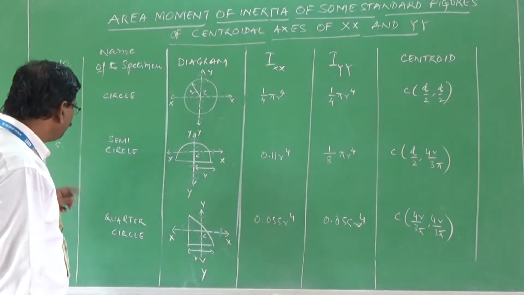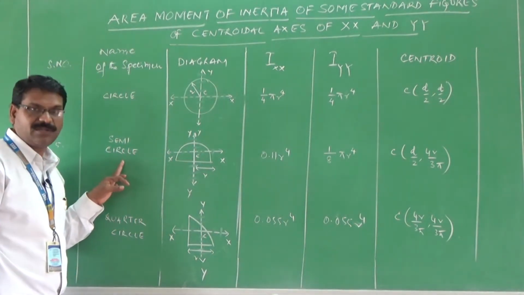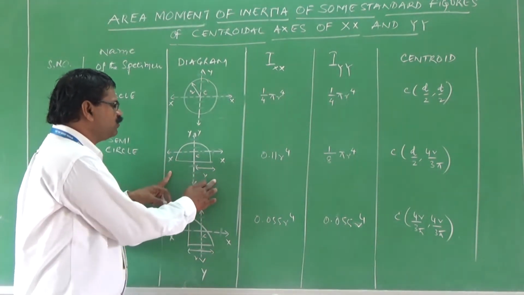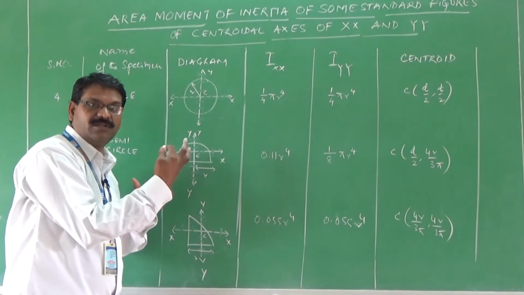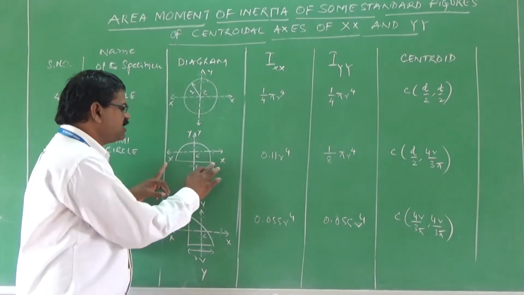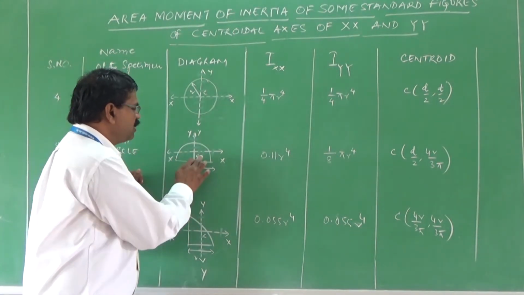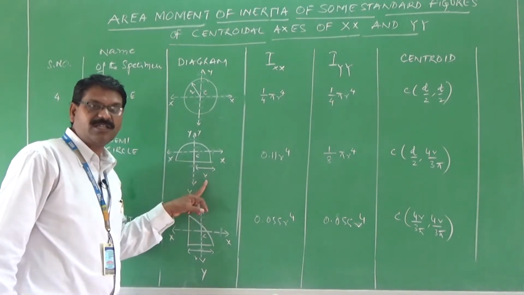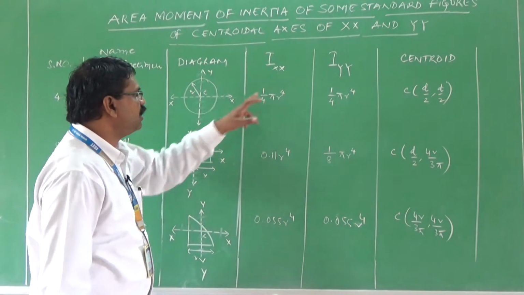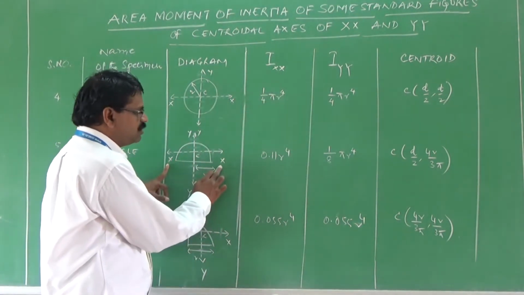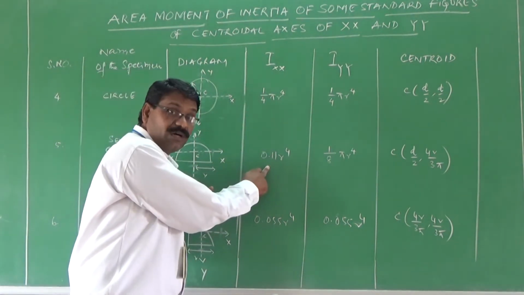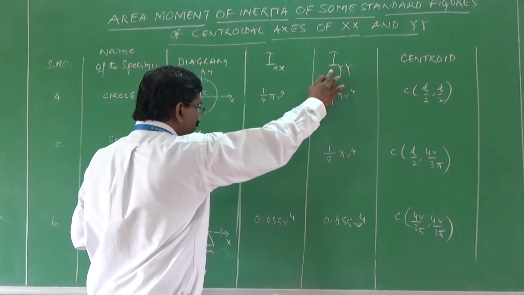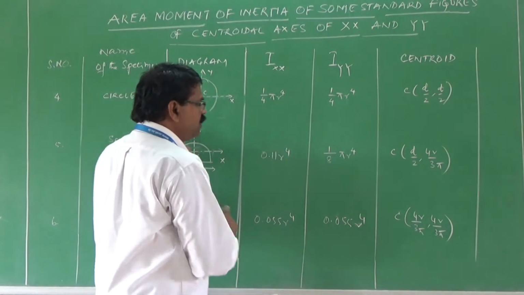And coming to the fifth specimen, which is known as semicircle, the semicircle is represented like this. In this also, the semicircle is divided into the two centroidal axes consisting of xx and yy. C is represented by the centroid of this semicircle, and R is called the radius of the semicircle. The moment of inertia with respect to xx direction is found by using the formula 0.11 r to the power of 4, and the moment of inertia with respect to yy direction